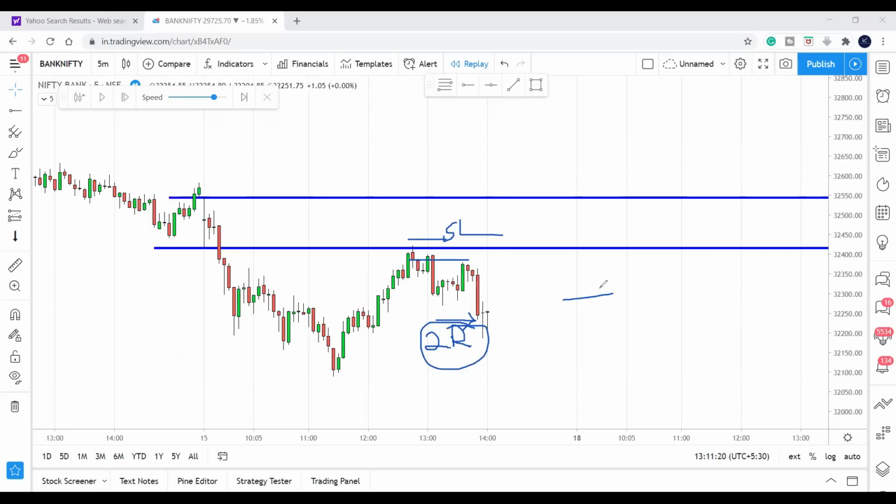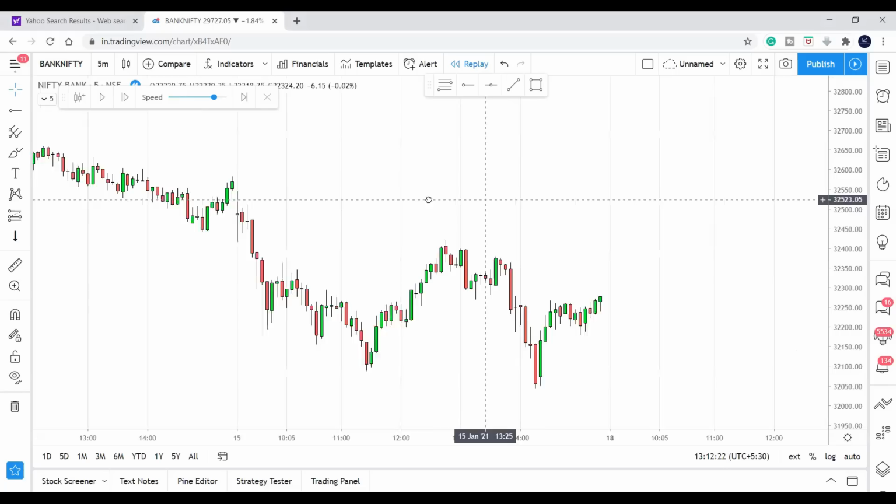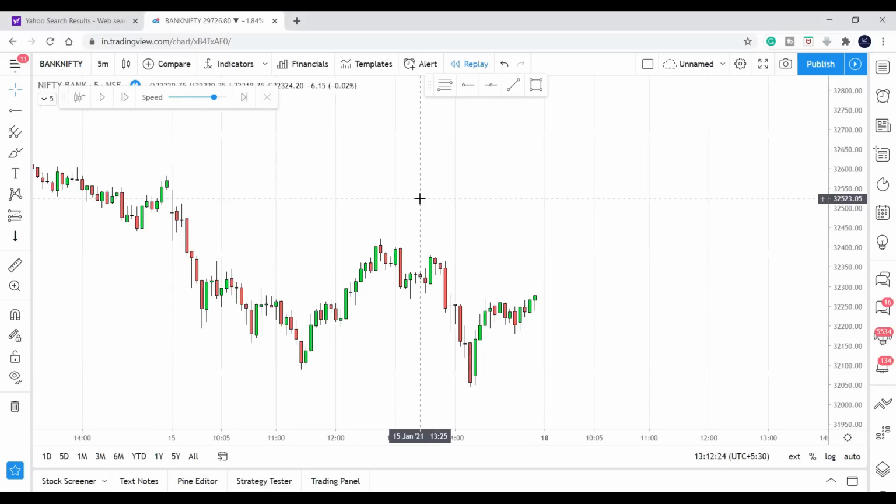You again made a profit of 2% of your capital by just showing the patience and discipline, because you did not short here, you waited for price to retest the breakout line, right? So that is what this strategy is all about, guys, about re-entering on the retest of the breakout line after candle confirmation. But remember, this is one of the simple strategies. Okay, this is a simple one.